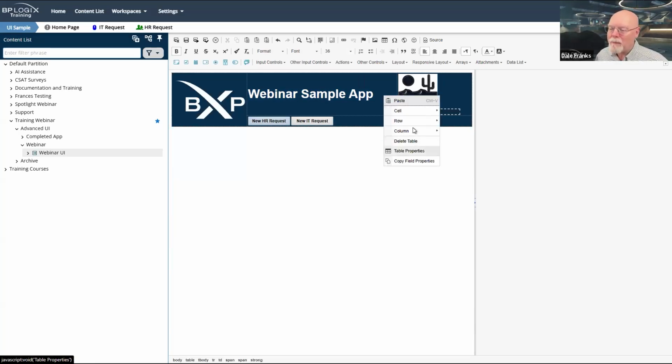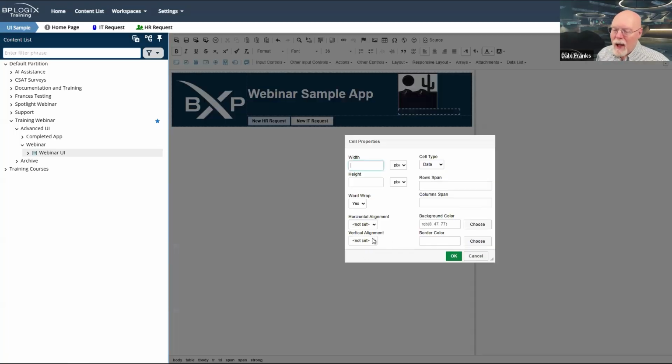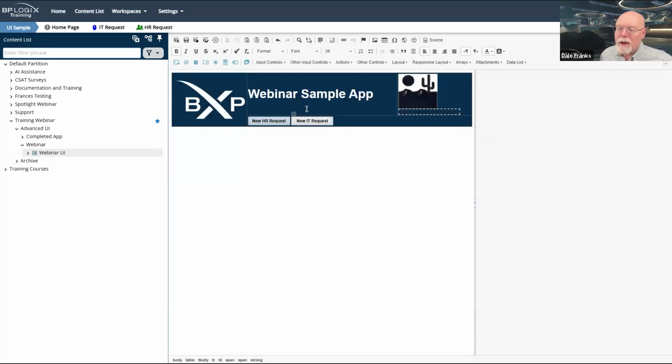Once again, if we go to our cell properties, in this case, I haven't set anything for the alignment. I think my vertical alignment, I should set it to the middle for this one so that it's always going to be vertically spaced in the middle. And now let's go and take a look at what we've done over here.